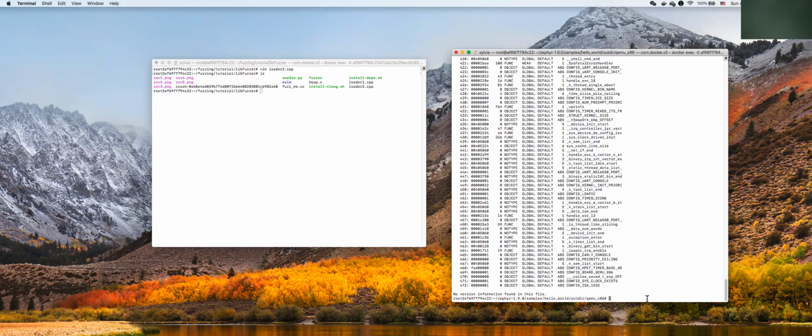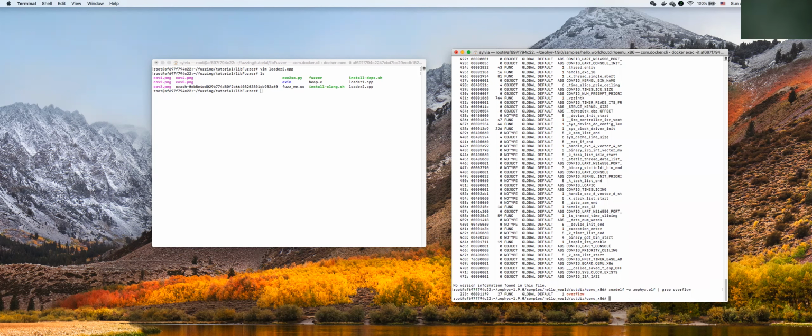Since we want to fuzz overflow, right? So we want to grab this one, see the location of overflow. Okay, this number and the function name are the essential keys we need to record there. So in the next step, after we get all this information, we have